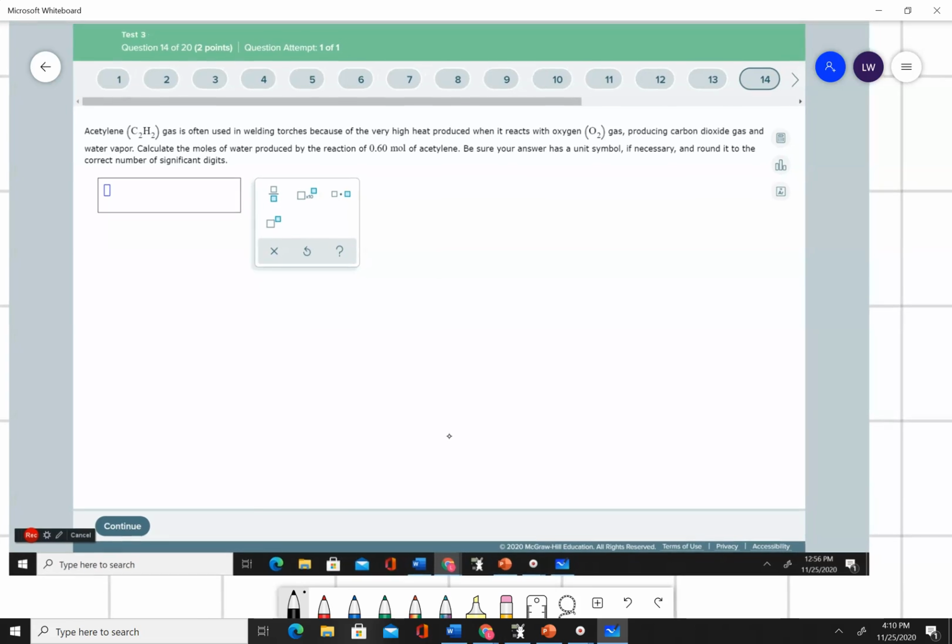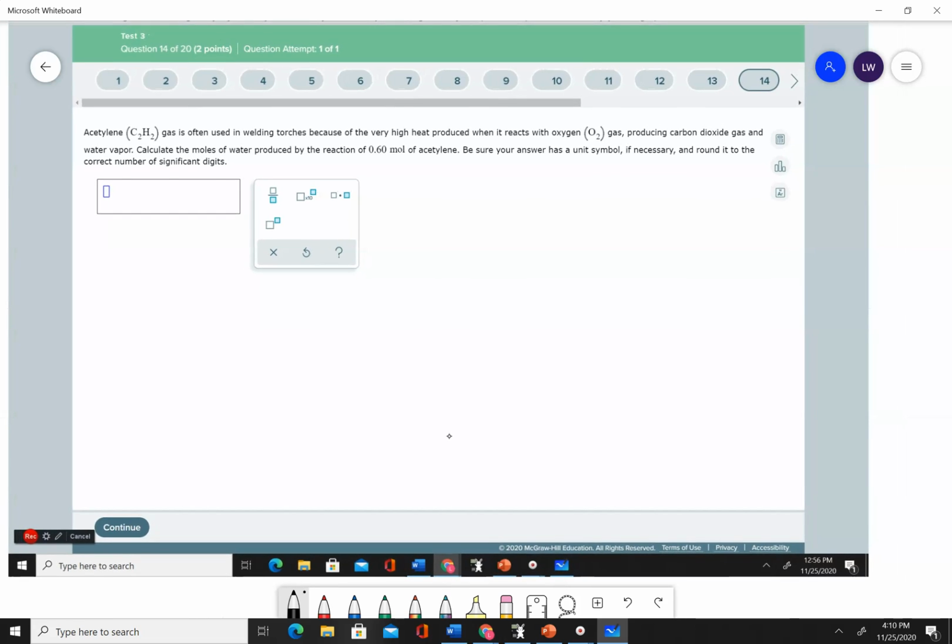All right, this one here we go. Acetylene, this is the gas that we use in welding torches, is often used in welding torches because of the very high heat produced when it reacts with oxygen. So acetylene and oxygen are our reactants, right? And when these guys react, they make carbon dioxide